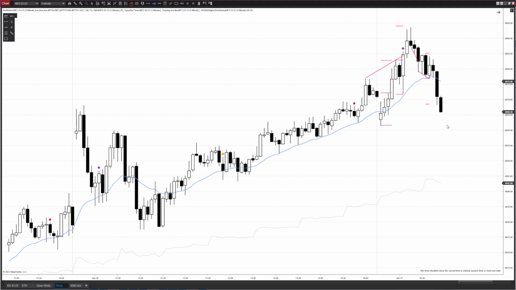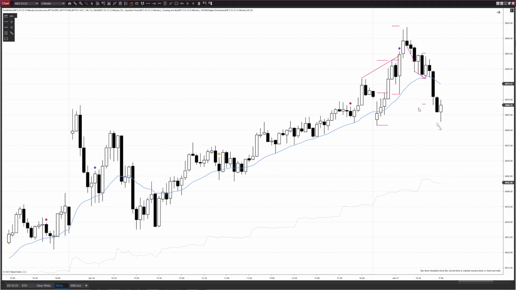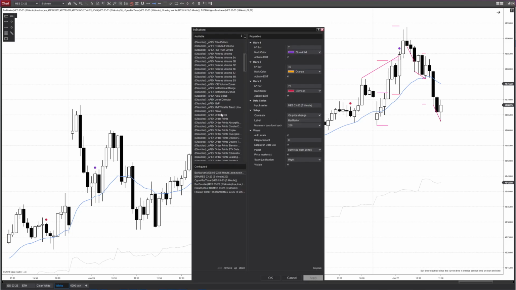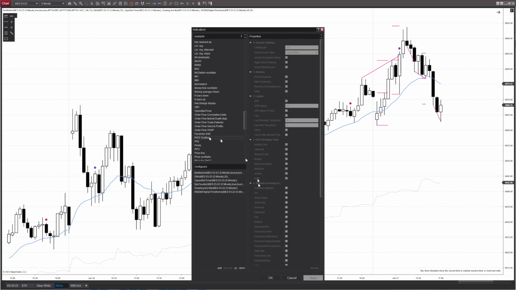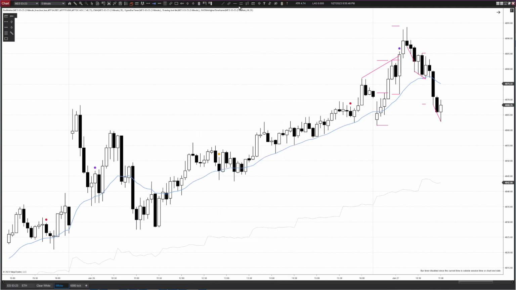But right now we begin to form a wedge. We have 1 push, a second push, and a third push, another wedge bottom. So 3 pushes is a wedge. And also this is, I'm missing, just going to put an indicator on, not so much an indicator, but a, there we go. Alright, so this is low of day,